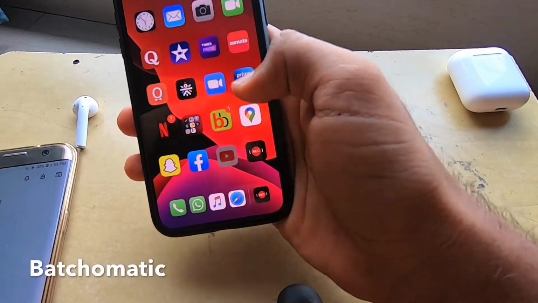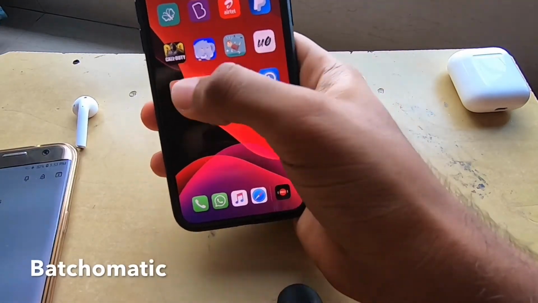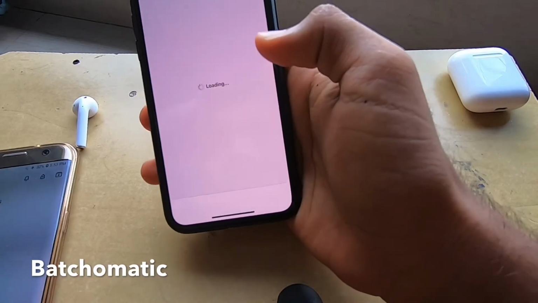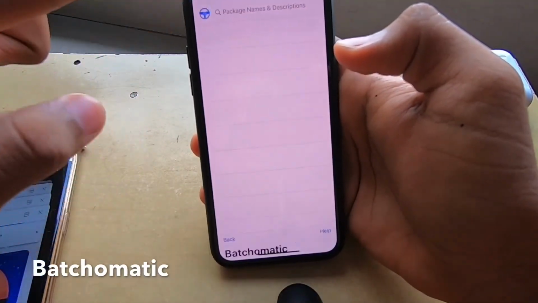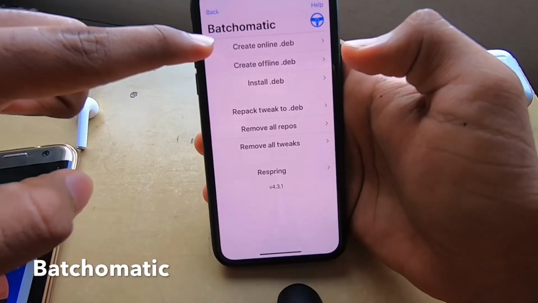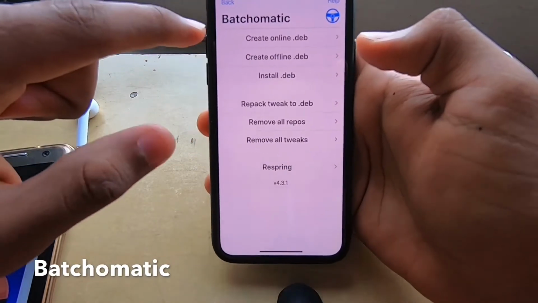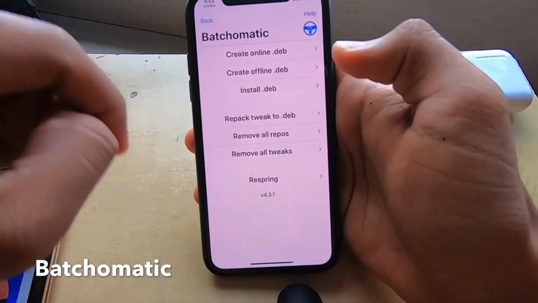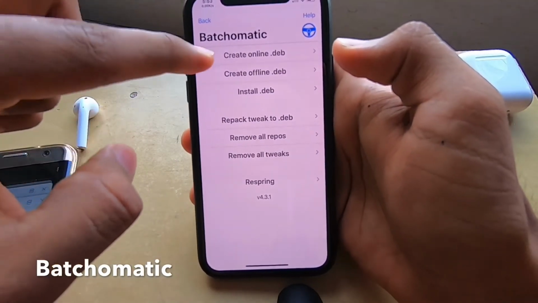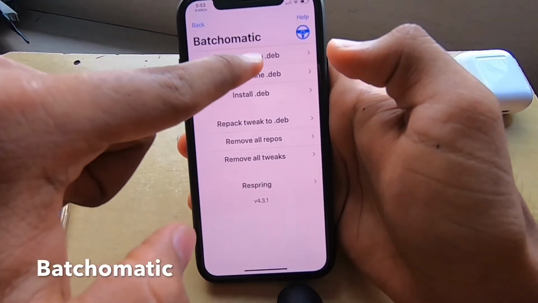So the next tweak is really important. It's Batchomatic. It's in Cydia itself. When you install this tweak, you can see a tiny icon here. Here you can create an online.deb. What this does is you can create an exact replica of the jailbreak tweaks. So if you want to share all of your tweaks with your friends, you can do that by creating this online.deb.